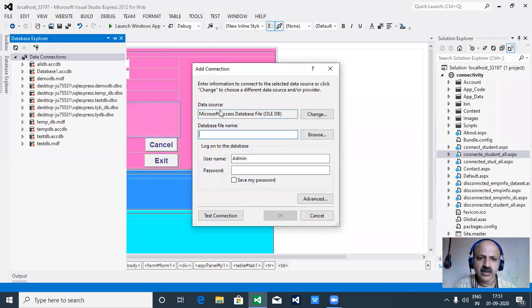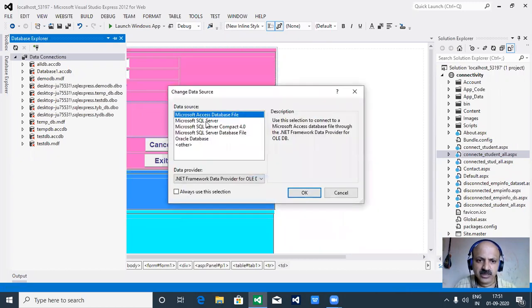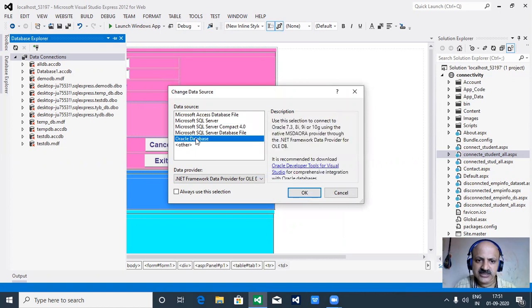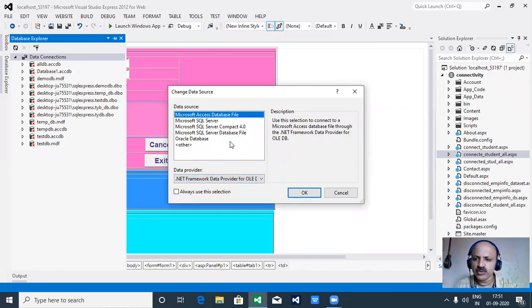You have to know this very well. And here is the Access database file. If Access does not work, SQL Server is there, Oracle is there, so that is a data source. And here is a provider, OLEDB. So here we cannot change it, but I just show you, if you use other backend tools, it can benefit you. Okay.